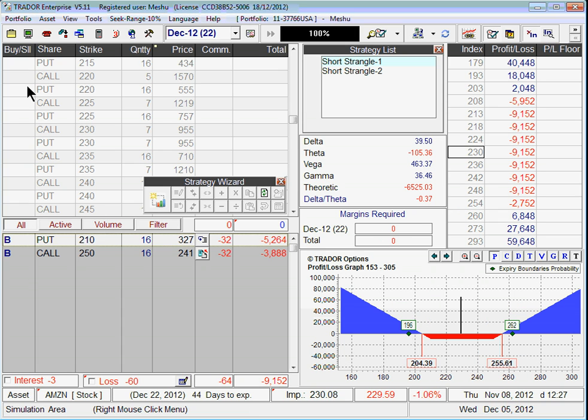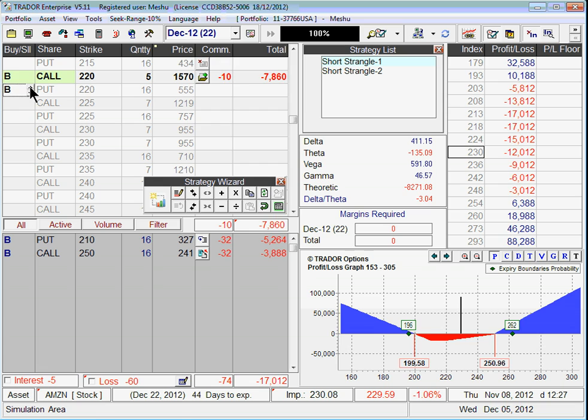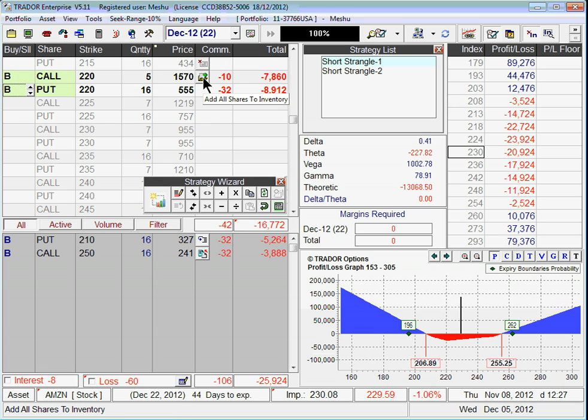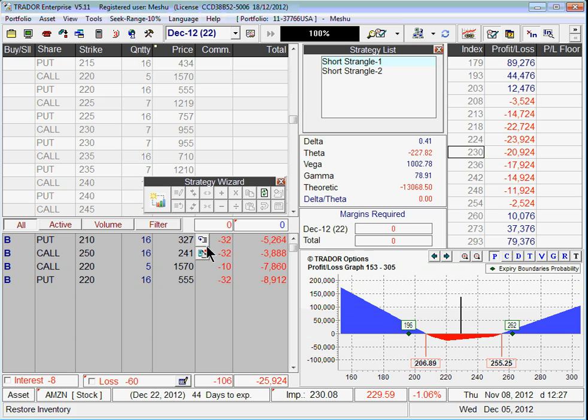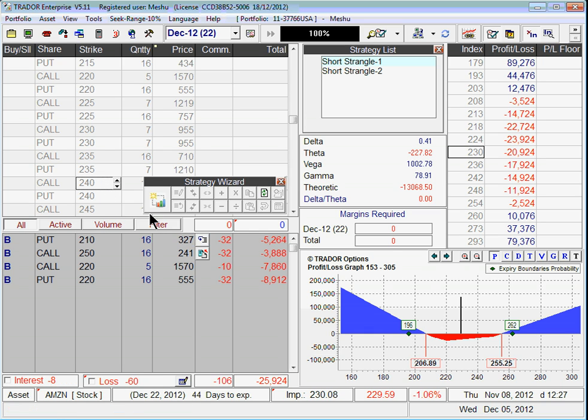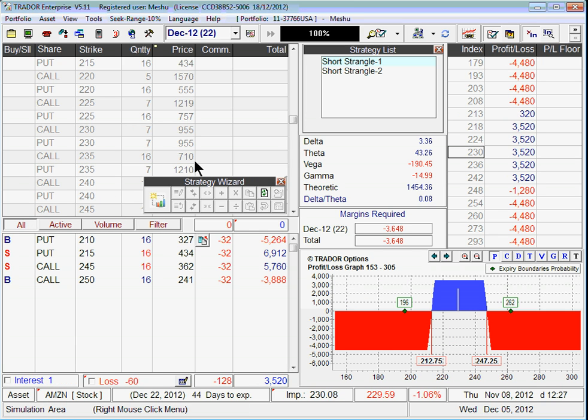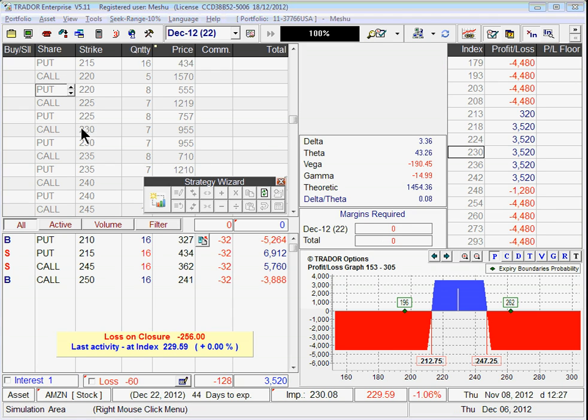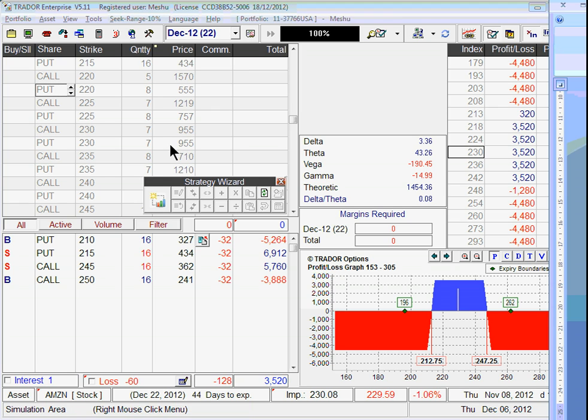And if at this point we'll add options to inventory, we won't be able to save it, and the Store Inventory function will be disabled. So in order to add and save the inventory, make sure that the inventory table shows the true inventory and is colored white. Notice that these executed options that are shown on the inventory table belong to this specific period